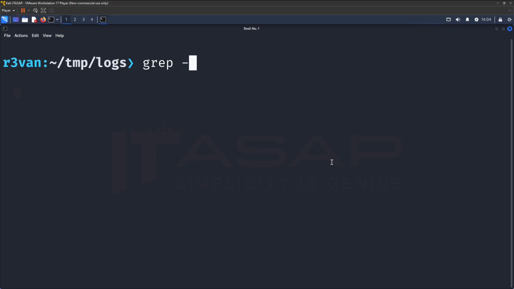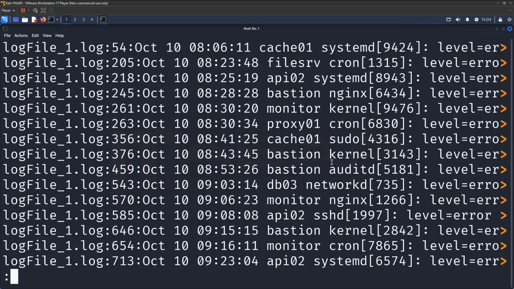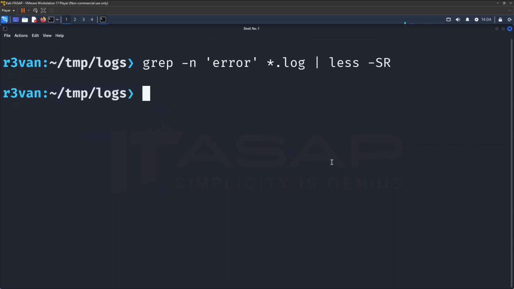If I type grep -n for line numbers, error*.log, and then go less -SR, I'll obtain a pattern match from multiple log files in the current directory, but the matches look kind of jumbled, don't they? To clean it up a little, I can use the -t option to split the columns and tab align my matches. We'll also discuss in this video how to tab align your matches while writing them to a file. We'll quickly talk about what a .tsv file is, and I'll explain what I am doing here with